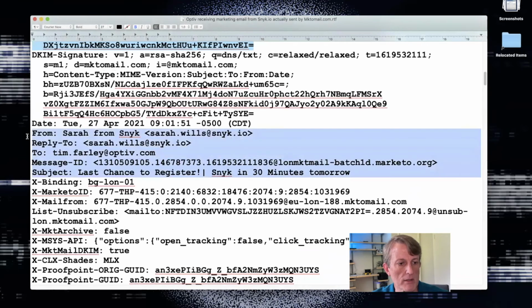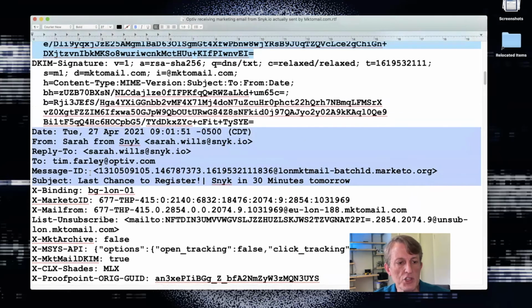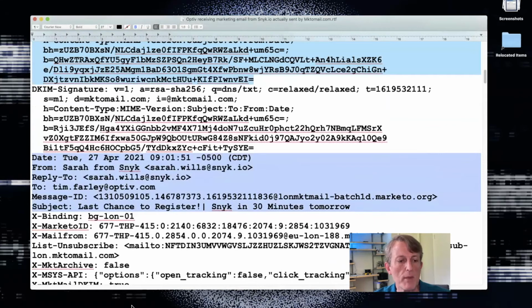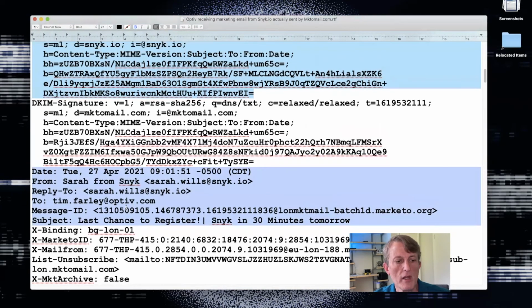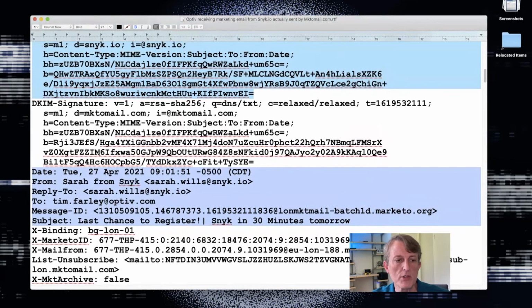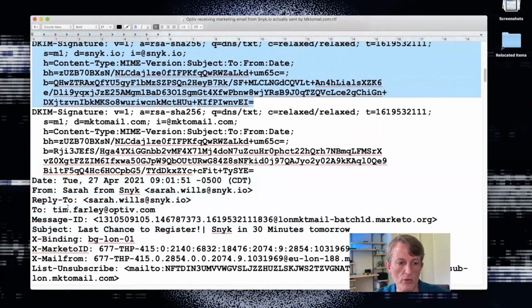Right here in the middle are the actual headers of the email that you recognize as an end user. All the rest of this stuff gets hidden by your email client. And generally speaking, the original email is down at the bottom. And as emails get forwarded, things get added to the top. That's not always 100% true. There are email servers that will reorder some of these headers. So you have to be careful about interpreting the order of these headers, but